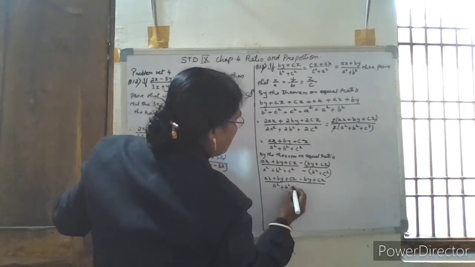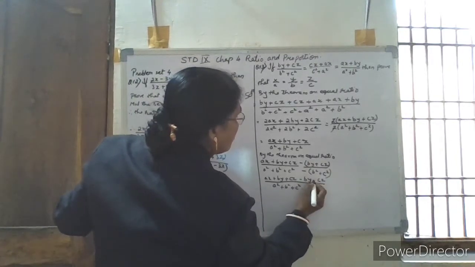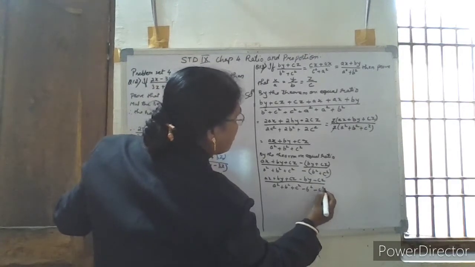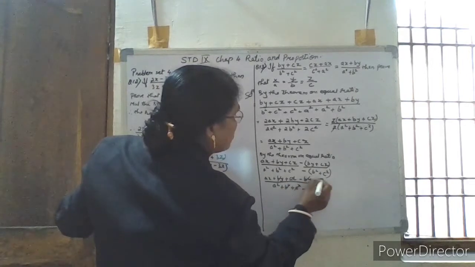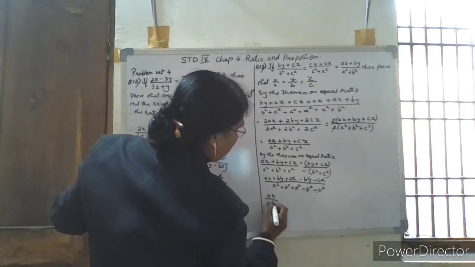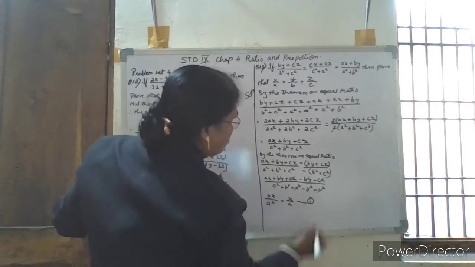So plus to minus is minus here, sorry. So it will be minus b squared, plus into minus c squared. This and this get cancelled. These two terms get cancelled. So we are left with ax by a squared. A will cancel, means x by a we are left. Take it as 1. Similarly, in the same way,